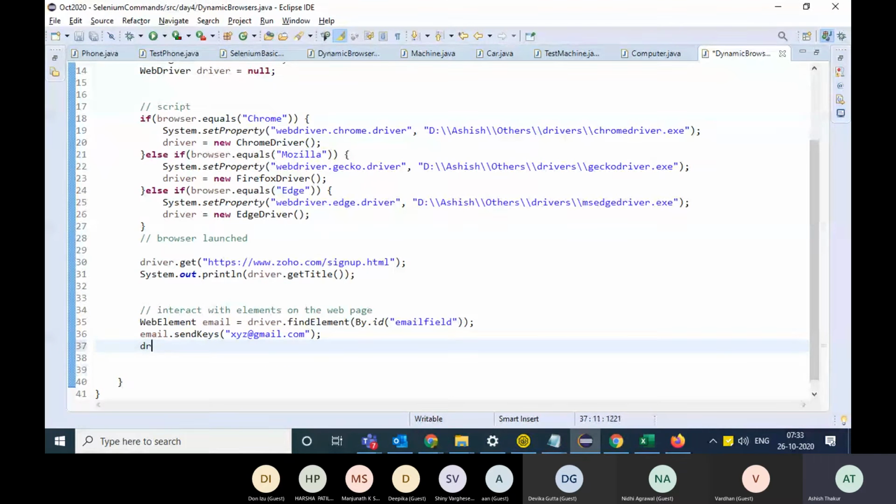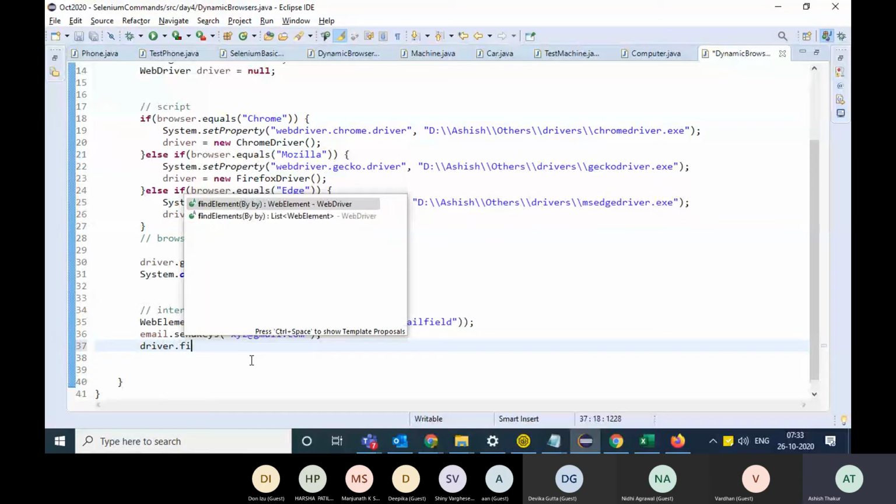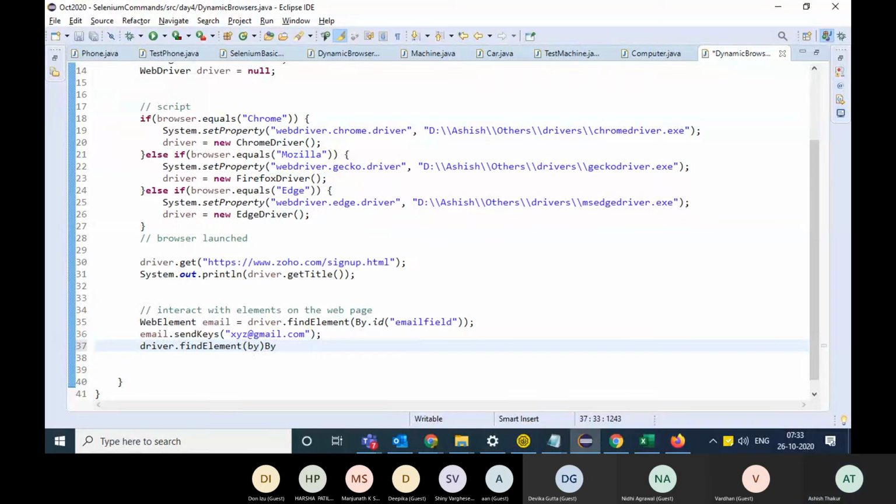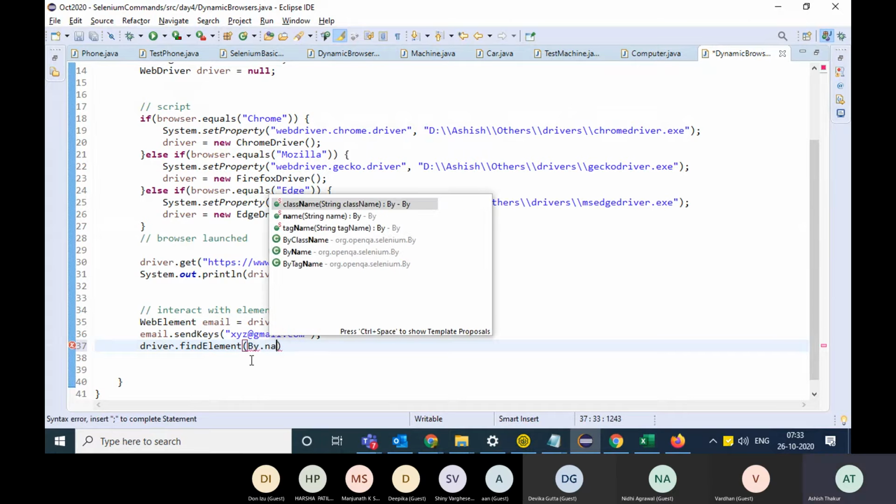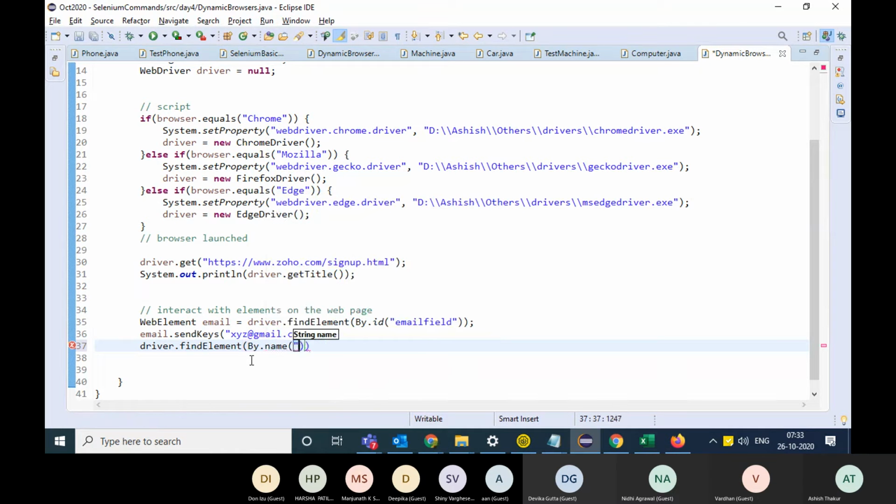So I can write over here driver dot find element by the name. This is the name. And this will return you the web element corresponding to the password field.